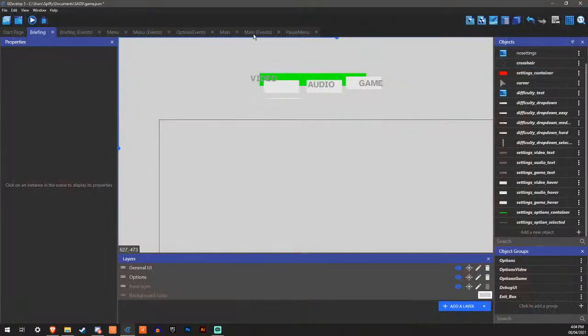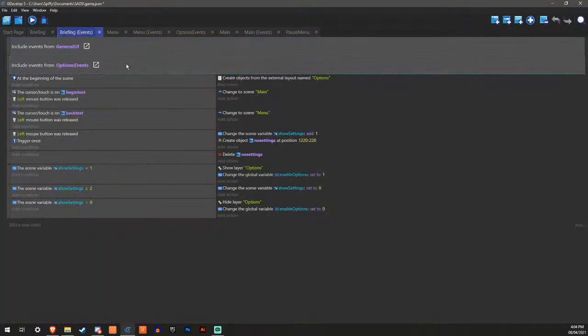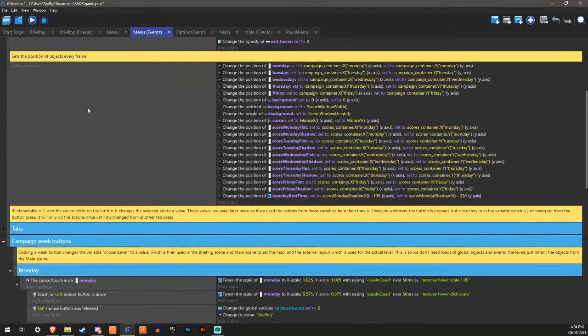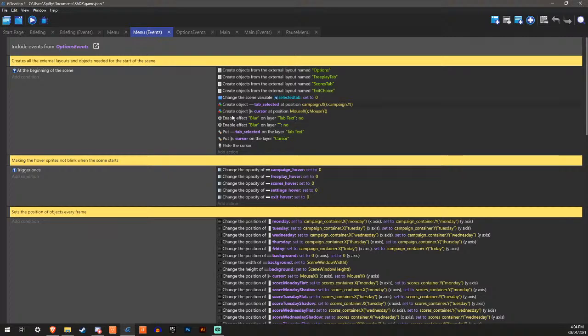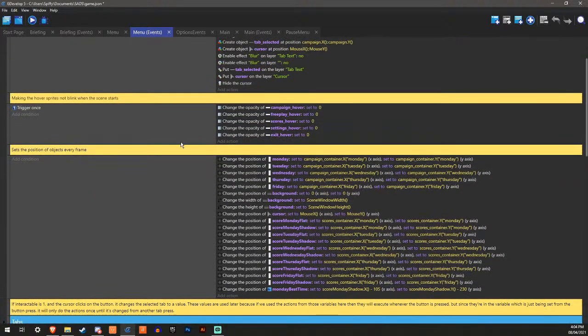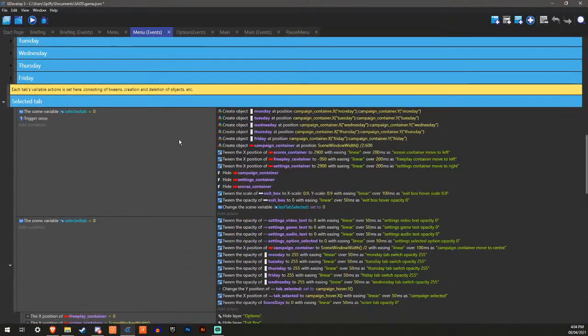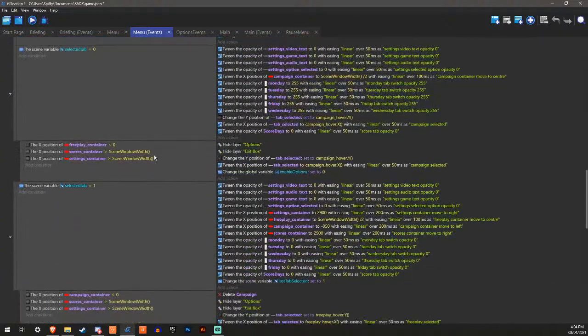Okay, cool, it does work, which is good. This is only when the mouse button is clicked. So actually, I think I'm hiding it in here and not in the external events.